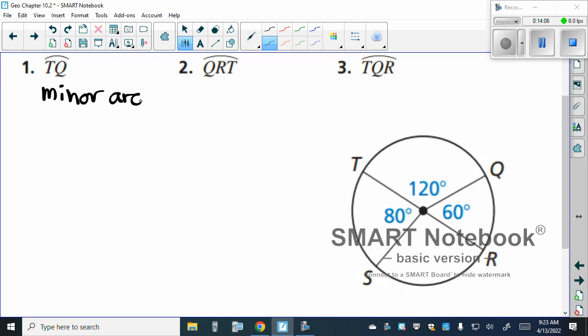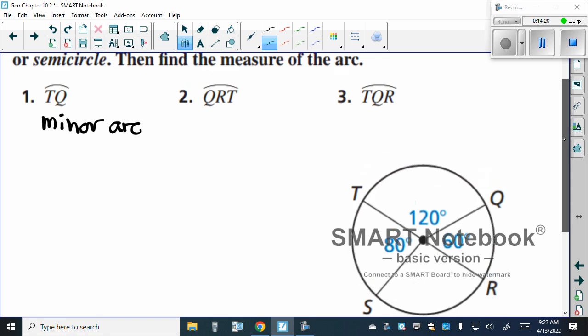A major arc is what? Greater than 180. A semicircle is? Half, so it's 180, yes? Minor arc is less than 180. So QRT,